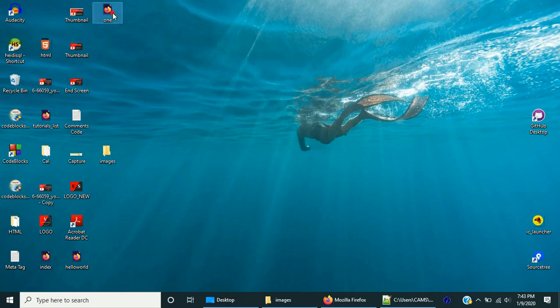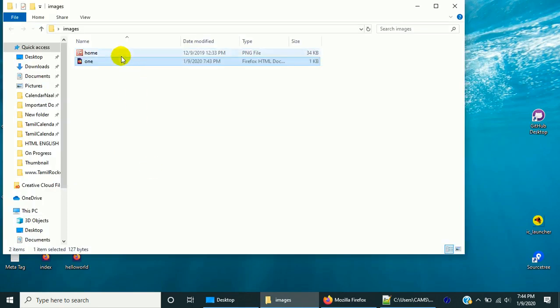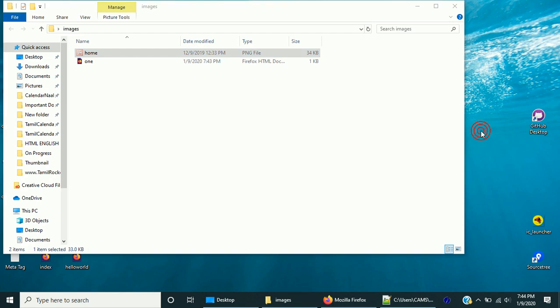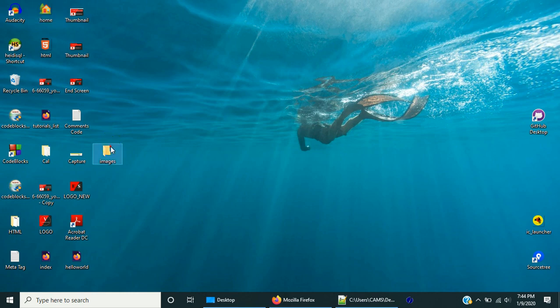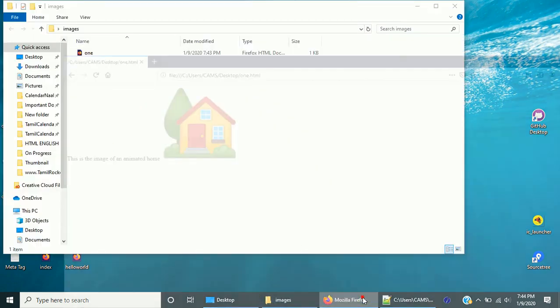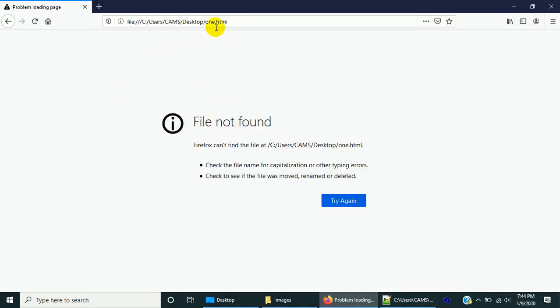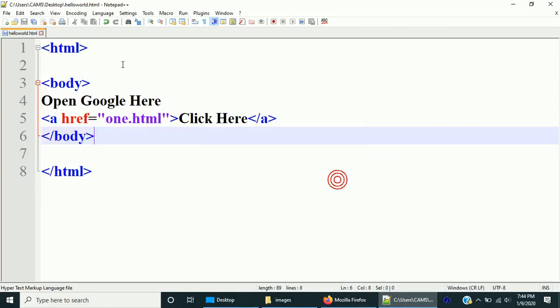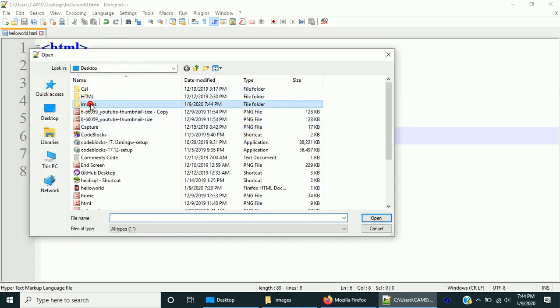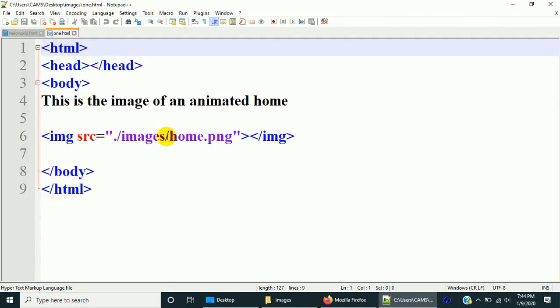We will change the case upside down. I'm having the HTML page inside a folder, but the image is outside the folder. See, the image is outside the folder, but the HTML page is inside the folder. The file will not be found because I have moved this file to the images folder. Now the image is also not found. So now what we have to do is,